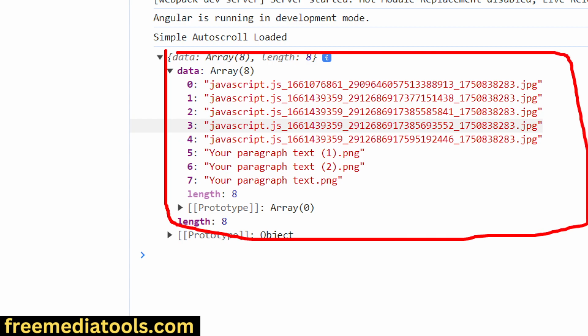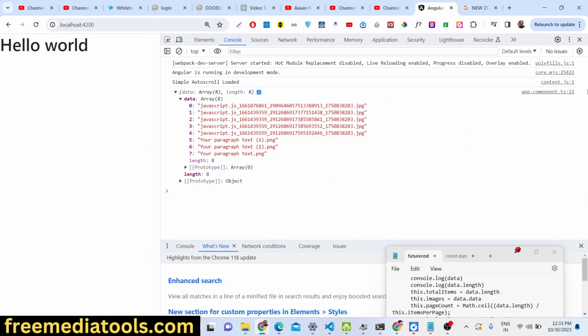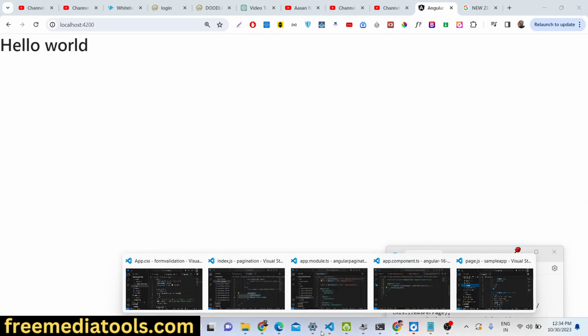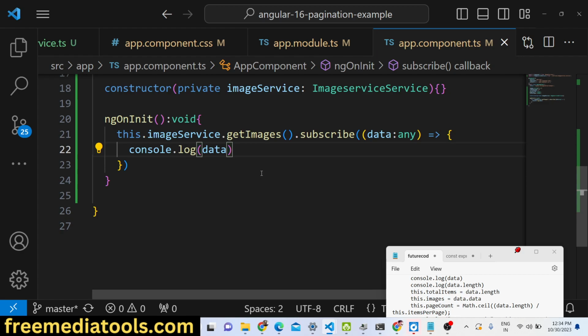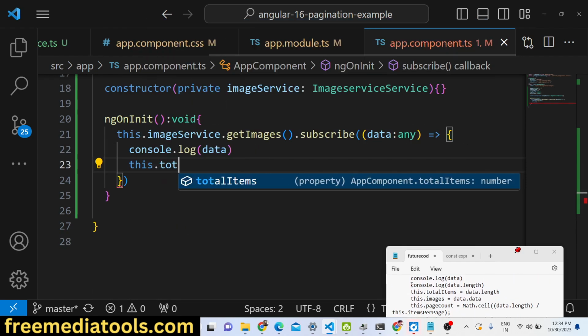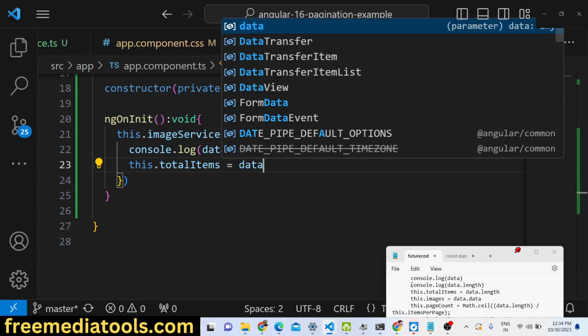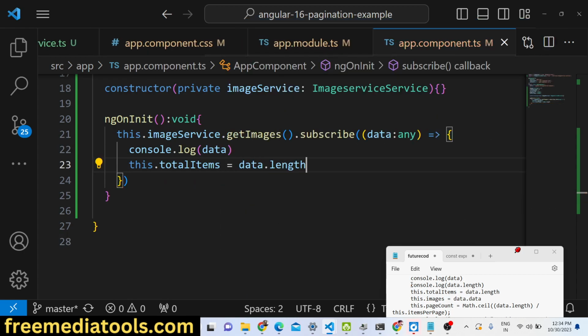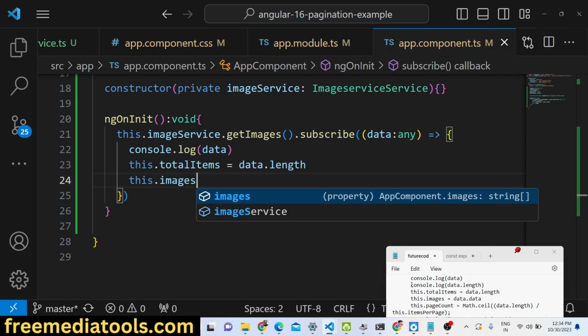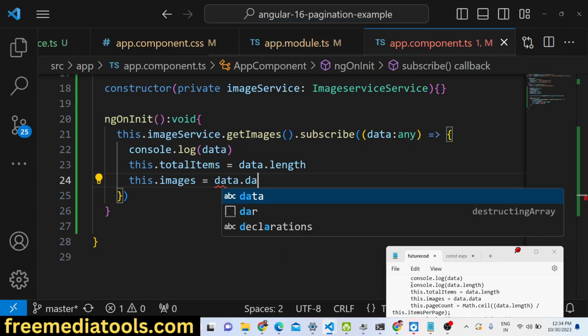So it is making that GET request to the backend API, guys, using the HttpClient module in Angular, and it is basically returning this array of objects. Now we just need to display this inside the pagination component using ngx-pagination. So we need to store this information first of all, guys. What we will do, we will initialize the variable: this.totalItems will be the data.length variable, and then this.images will be equal to data.data,